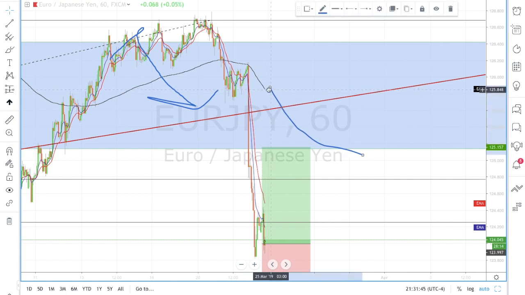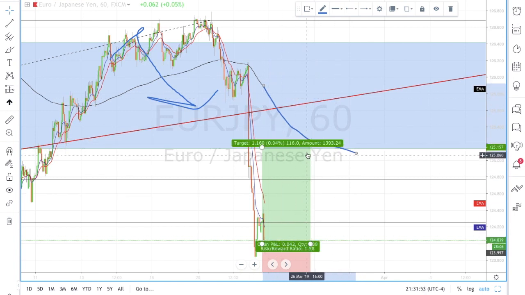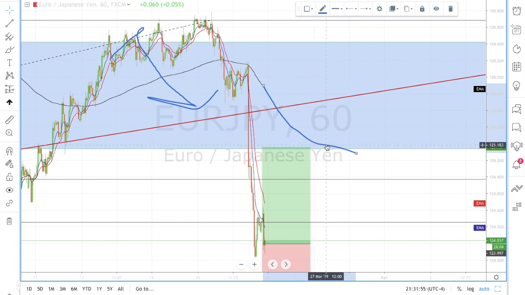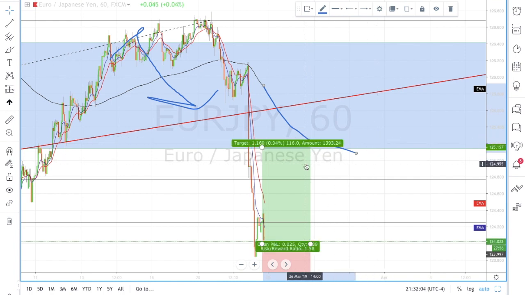If I move it, you'll see a sharp move down. So this tells me it's going to probably continue going down like that, and it's probably going to retest this zone. So this is 115 or 116 pips depending on where you entered, especially if you enter now. This is a beautiful trade if you want to enter it, swing trade, or with a small lot,